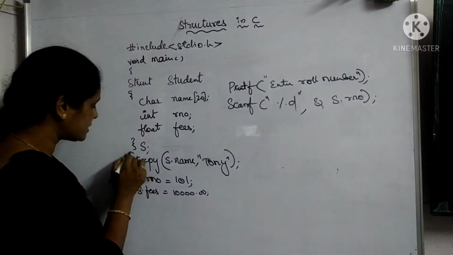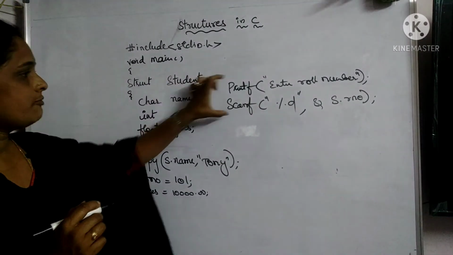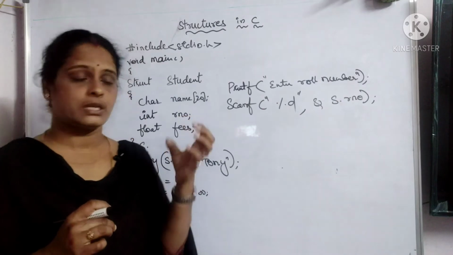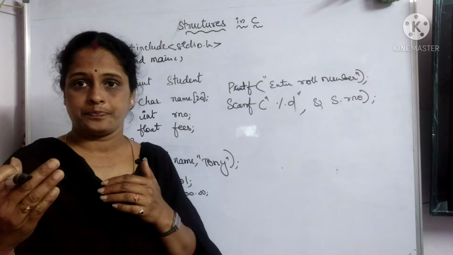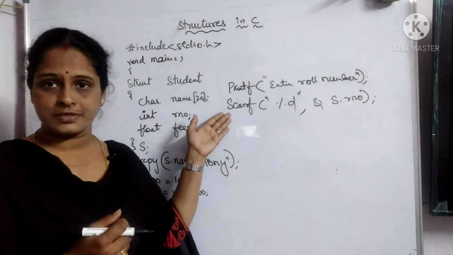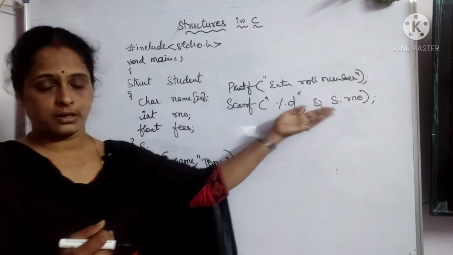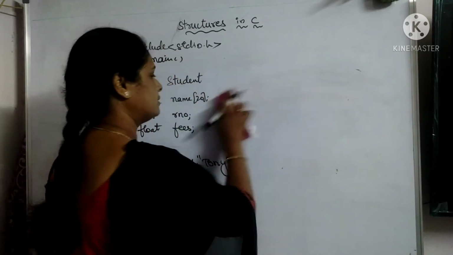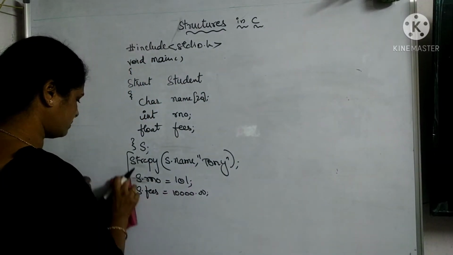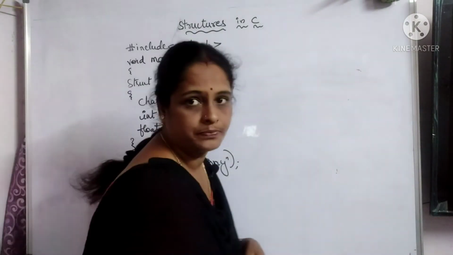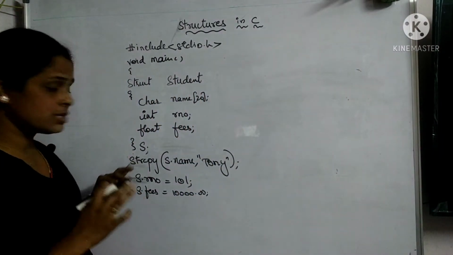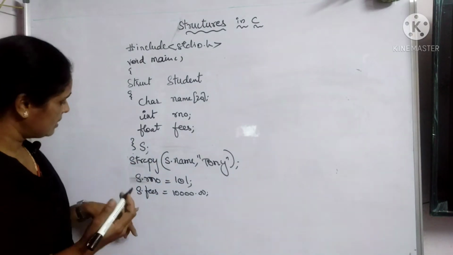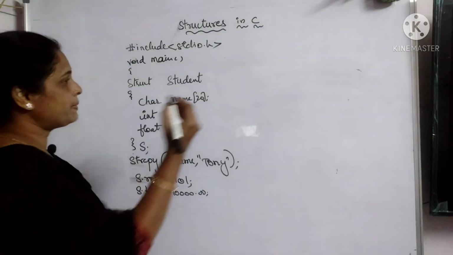I am keeping it simple. If you want, in place of this one, we may even replace this also. That is, if you wanted to accept the values into these members at runtime, in that case we go for using the scanf statement. So how to use it is what is shown here. Right. Now, up to here, initialization is over, fine. I wanted to display these values now. How do I display? Simple again, I need to write the printf statement.